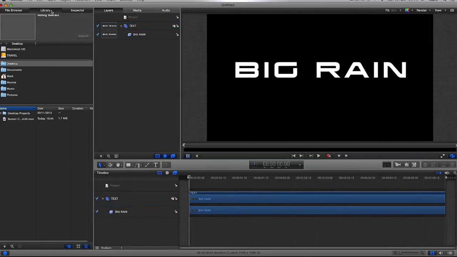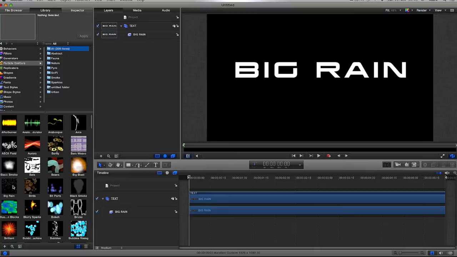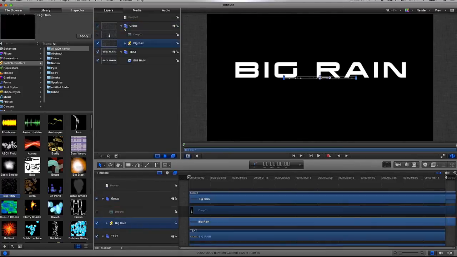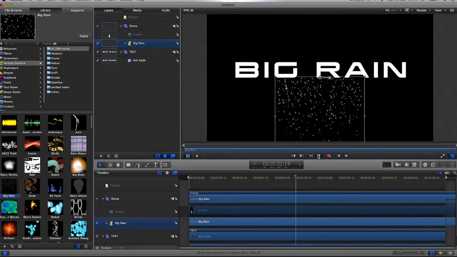Excellent. Then I'm going to go into my library, go to my particle emitters, and I've got this big rain here. Now what I want to do is drag it into a new group, so I'll create a new group with this little plus button in my layers pane over here. New group, and then drag the big rain. There's a few ways you can do this, I'm just showing you this way. Drag the big rain into that group, and if we click play and watch it go through our timeline now,